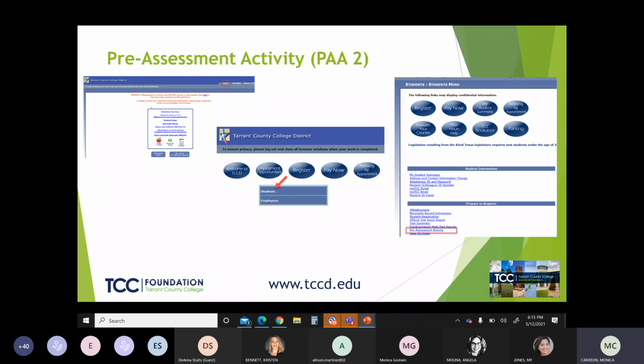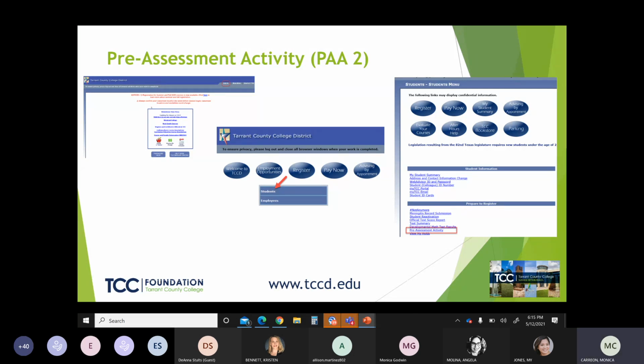Now, the way to access that, the easiest way is through your web advisor. You'll log into your web advisor, and from your student menu, there's a link that says pre-assessment activity. You'll have to access it from there because that will filter through Tarrant County College.